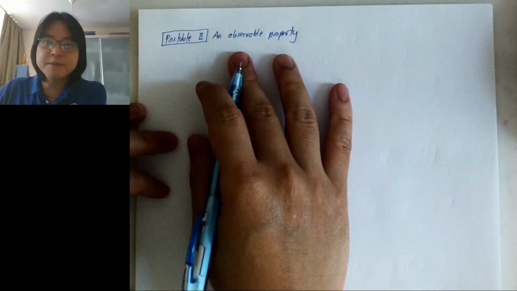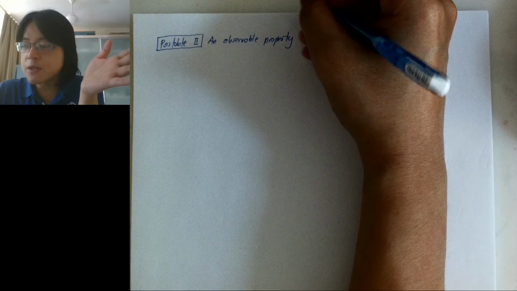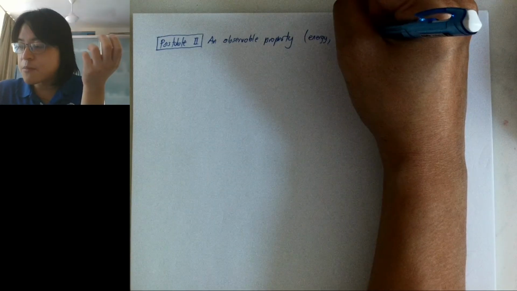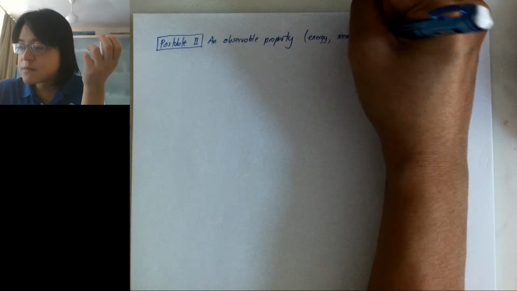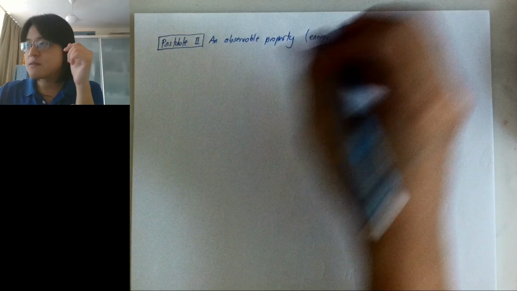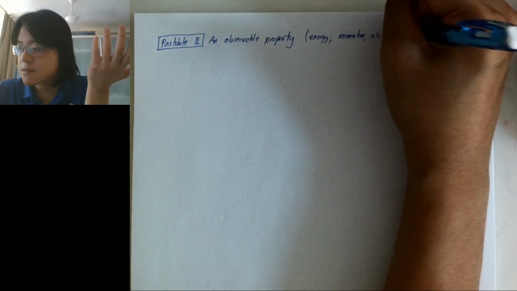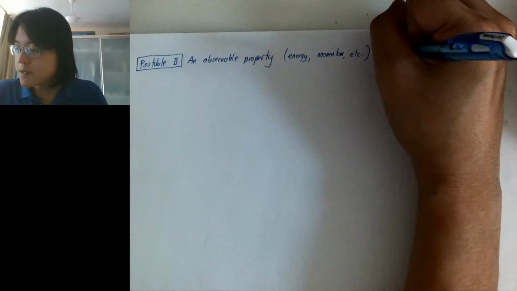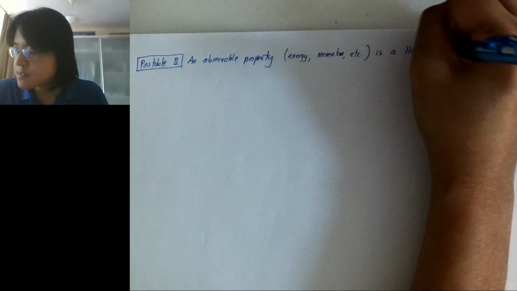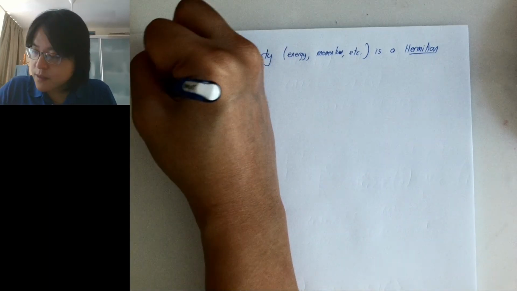Again, it sounds very abstract. It could be anything, but the common ones are going to be the energy of the particle, or the angular momentum, or the linear momentum, or the spin, the magnetic dipole moment, and so on. So basically all our physical quantities. Okay, an observable quantity is Hermitian. I will explain what this means. Okay, so Hermitian operator